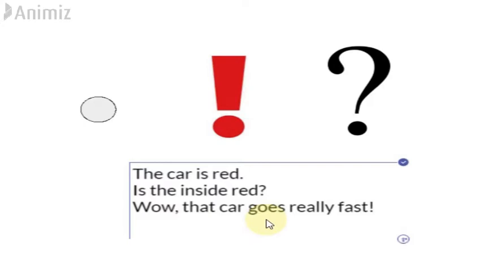Every complete sentence needs to end up with a punctuation mark. There's a difference between a phrase and a sentence, but a sentence which conveys some information always has to end up with a punctuation mark. It can be a full stop, a period, an exclamation point, or a question mark. So I have given you some examples. I hope that you have understood. And also I have told you about contractions.